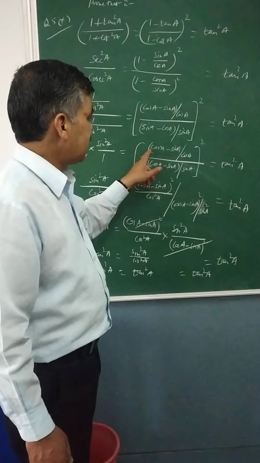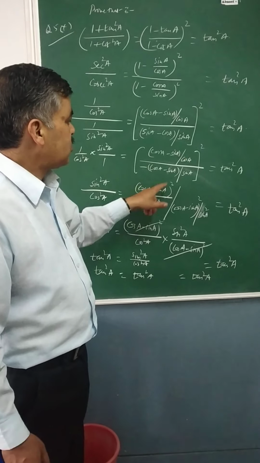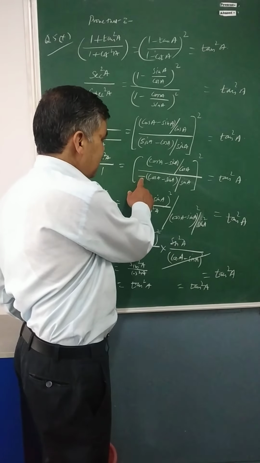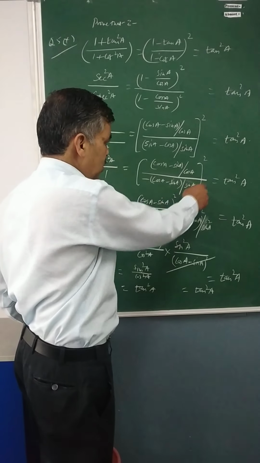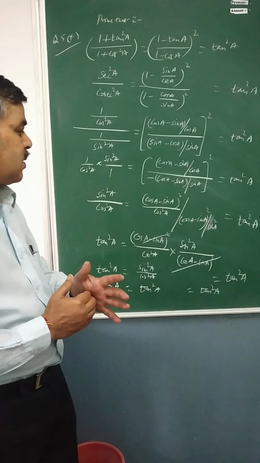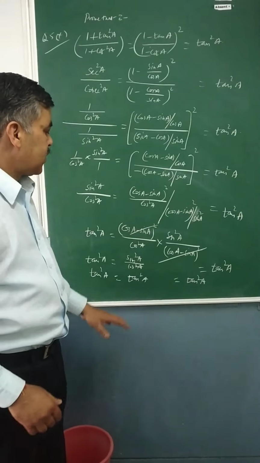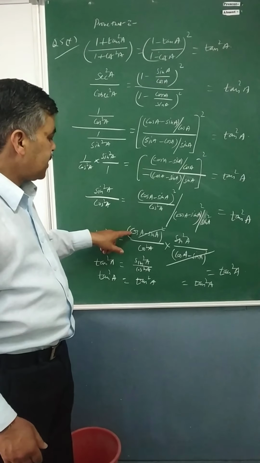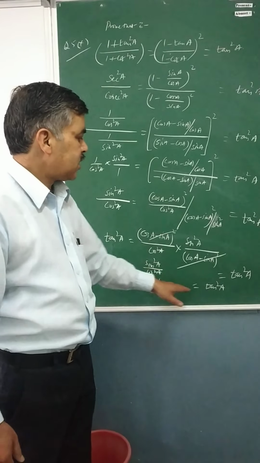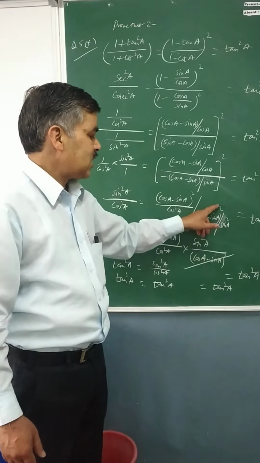So as it is, I have written this is the whole square in numerator. So cos A minus sin A whole square. This is cos A whole square, meaning cos square A. Then square of minus: you see this is the whole square, so square of minus is always plus. So automatically it will become positive. And cos A minus sin A whole square upon sin square A. So now this upon this, we will write as cos A minus sin A whole square upon cos square A into, take the reciprocal of this, sin square A upon cos A minus sin A whole square.